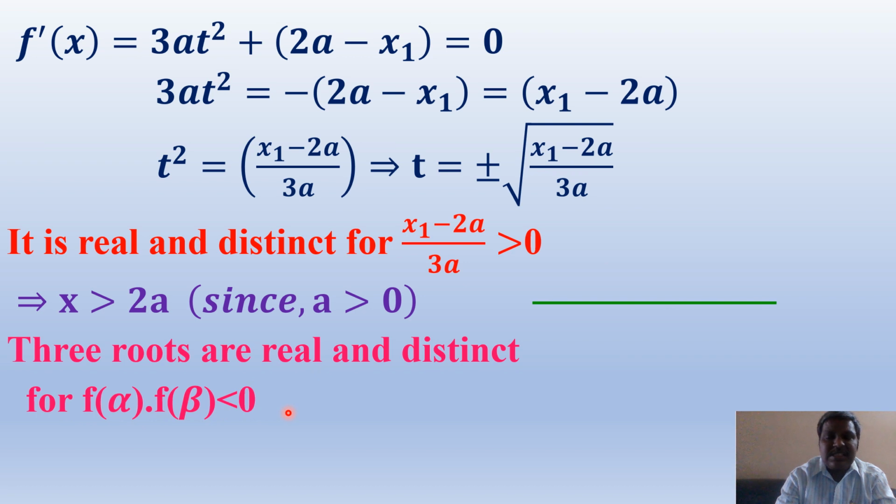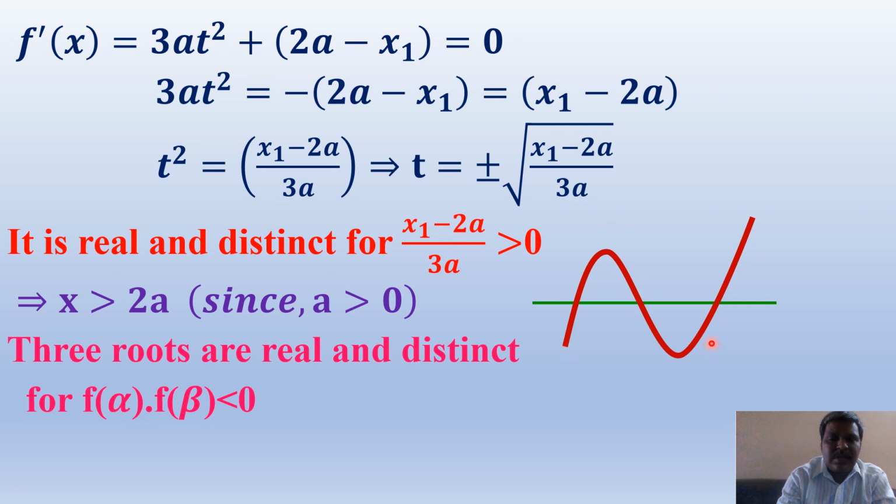Because this is the curve like this. What is the curve? This is the cubic equation. This is the curve f of t in terms of t. Here this is say alpha, with corresponding f of alpha. Suppose this is say beta, with corresponding f of beta. At alpha we have a local maximum. At beta we have the local minimum. See here, this is f of alpha. This is f of beta. F of alpha into f of beta is less than 0. At that time the curve goes in this manner.